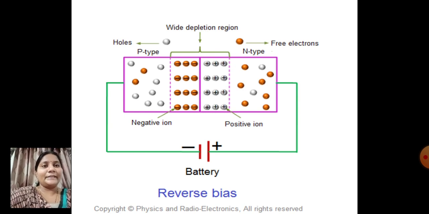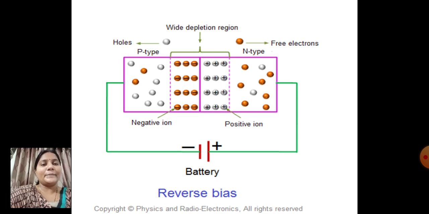See, again the p-type semiconducting material is connected to the negative electrode of the battery and the n-type semiconducting material is connected to the positive terminal of the battery, and the depletion region is already formed. And now what happened? Whenever I increase the battery from 0 volts, 0.1, 0.2, 0.3, depending upon the material used, at knee voltage which is 0.3 or 0.7 sometimes, at this knee voltage the reaction starts.